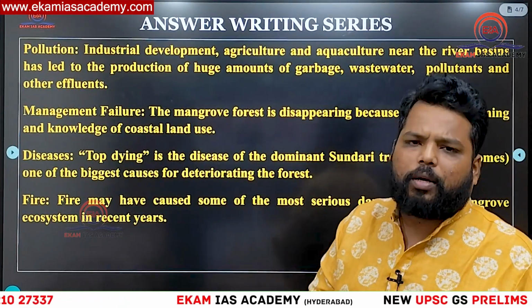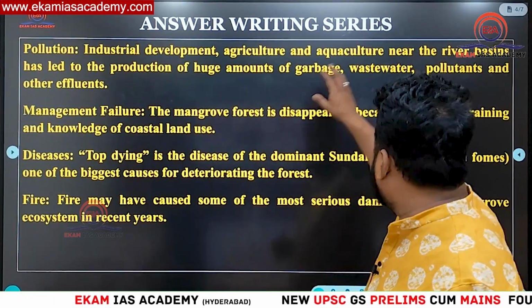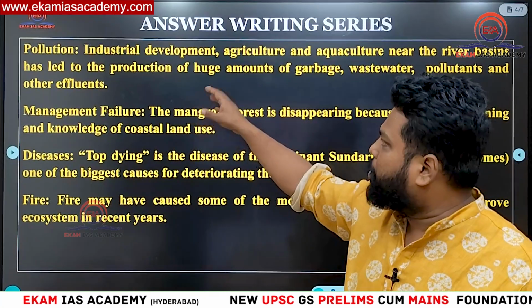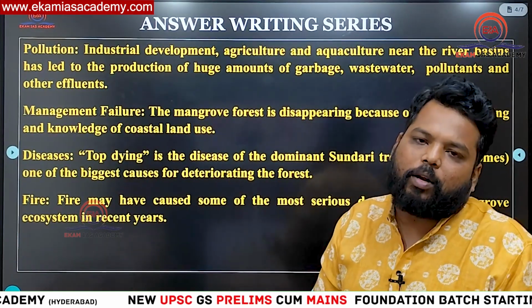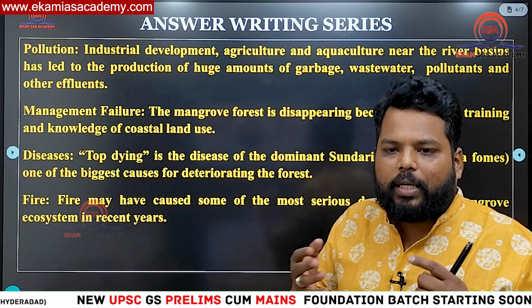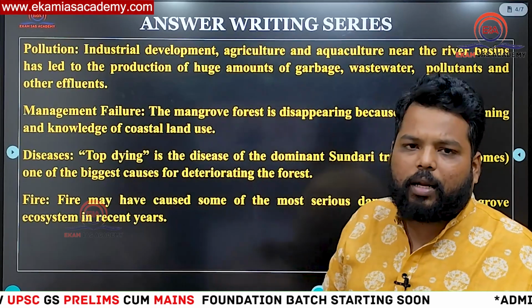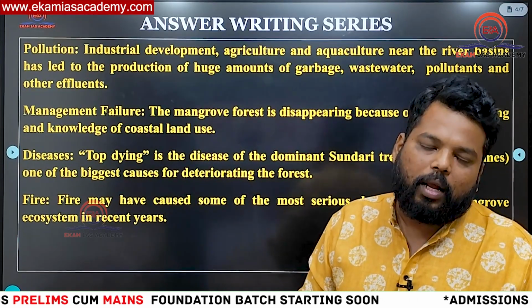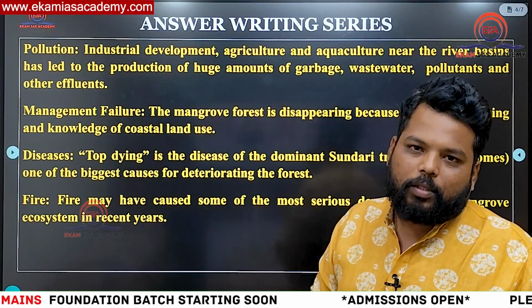Along with that, pollution, industrial development, agriculture and aquaculture near the river basins have led to the production of a huge amount of garbage. Obviously, if there are industries present along the coastal region, they tend to release industrial effluents over there. And if there is agriculture, there is heavy utilization of fertilizers and urea, which makes the